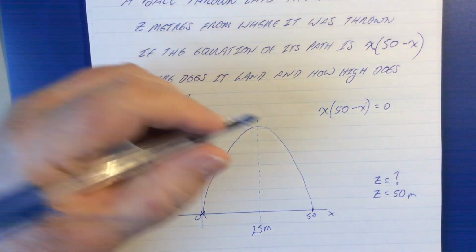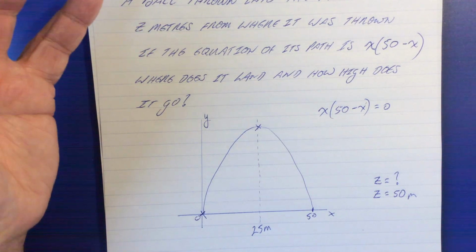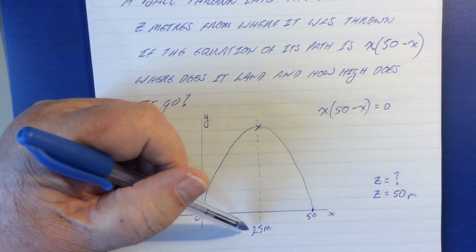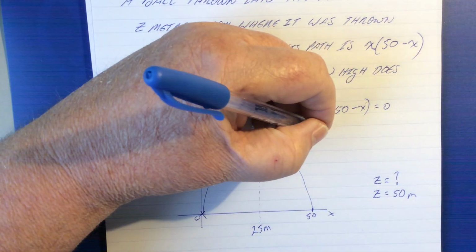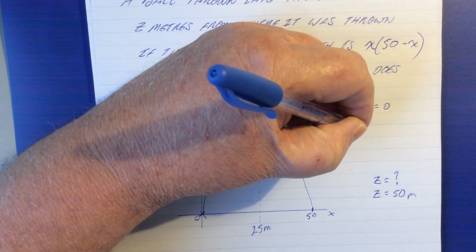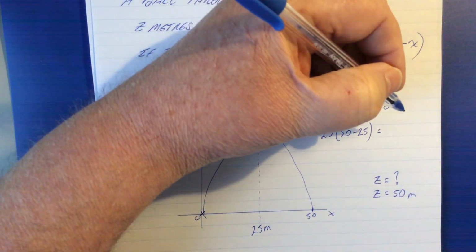So, that allows us to work out the maximum height that this thing reaches. So, what do we do? Well, we put 25 into this equation. So 25 times 50 minus 25 equals